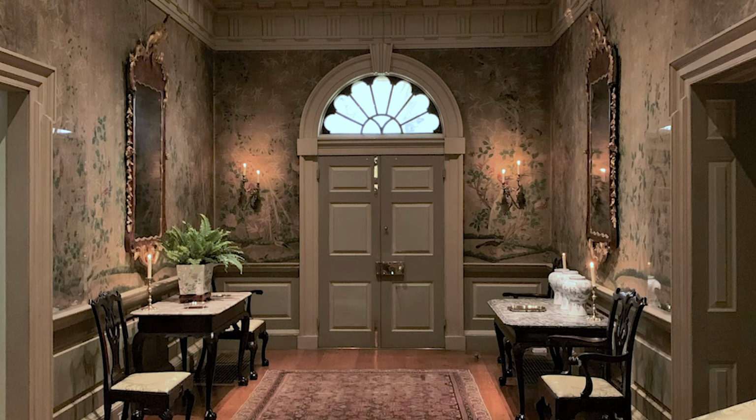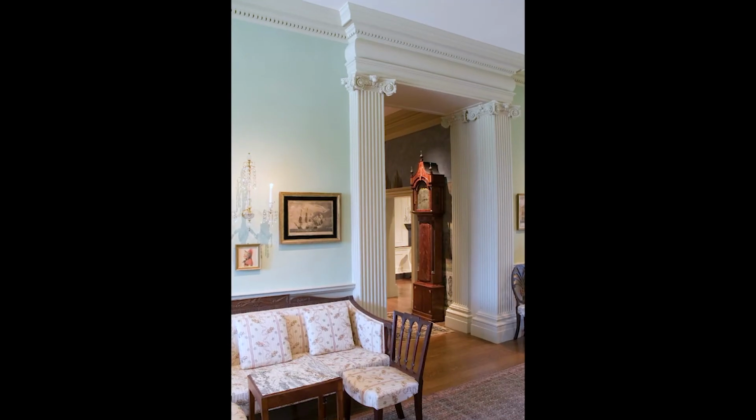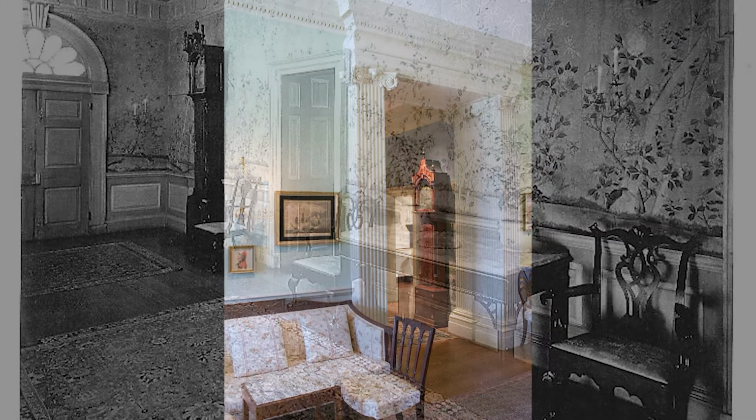Port Royal is where the name of the house comes from. This house probably has the highest style Palladian type of moldings and details that are typical of that Georgian period. The house was built in about the 1760s. And you'll see a